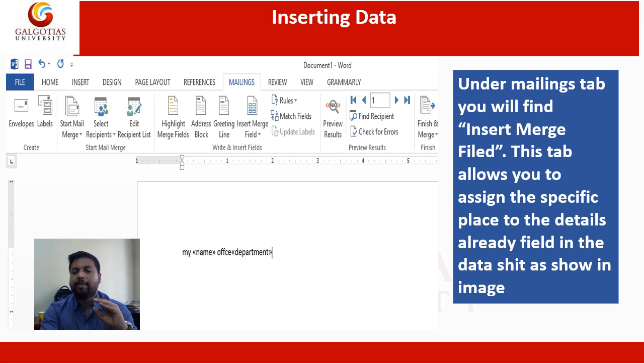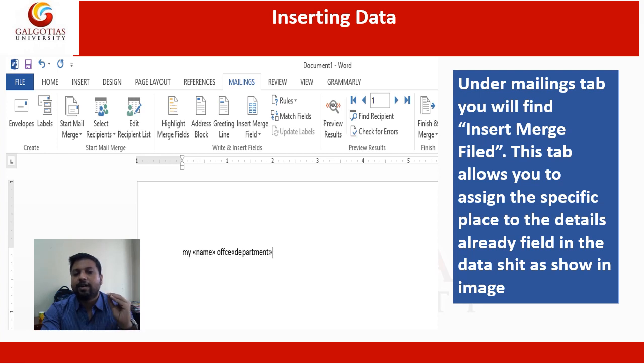If you have a list of 100 persons, it will automatically create 100 letters. If you are creating ID cards, it will create all the ID cards with different identities, different details, everything different.